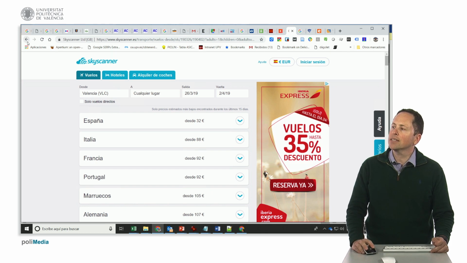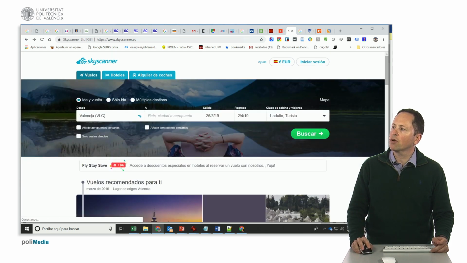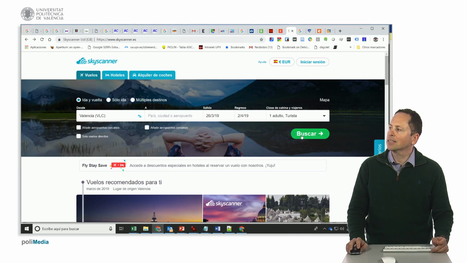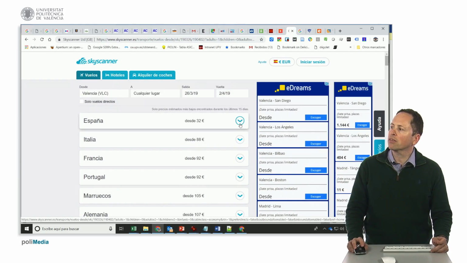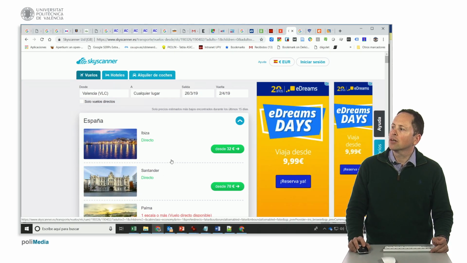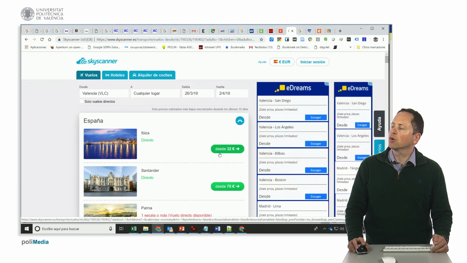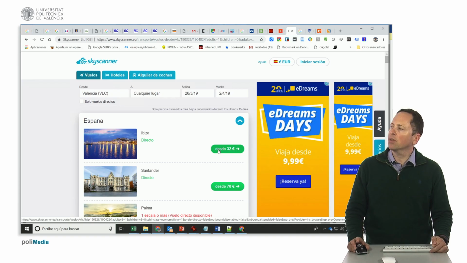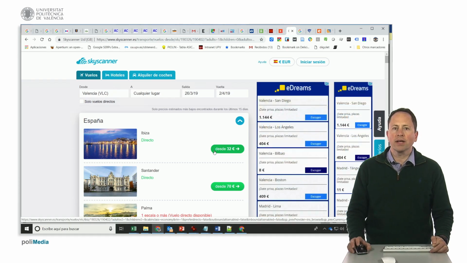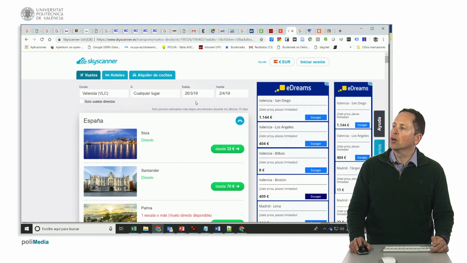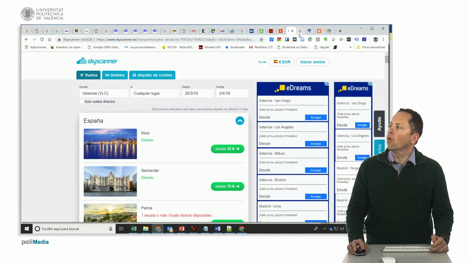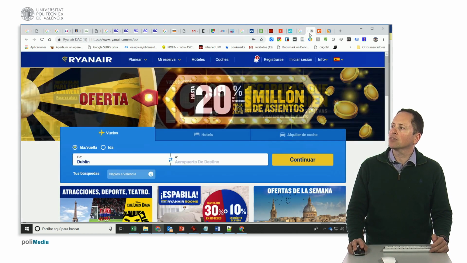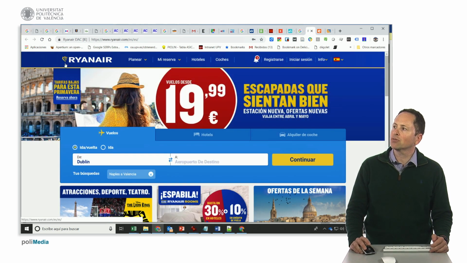The good thing about Skyscanner is that, in addition to functioning like the others, you can enter a departure airport and dates, and search without specifying the destination airport. It will then propose various destinations with different prices that you can later check and access. We see the same. We can see the price it offers, and before purchasing, we can check with the airlines or another general website to see if we can find a better deal, knowing the specific flight we want, what prices we can obtain. A good strategy is also to check, especially for destinations that are directly served by Ryanair.com